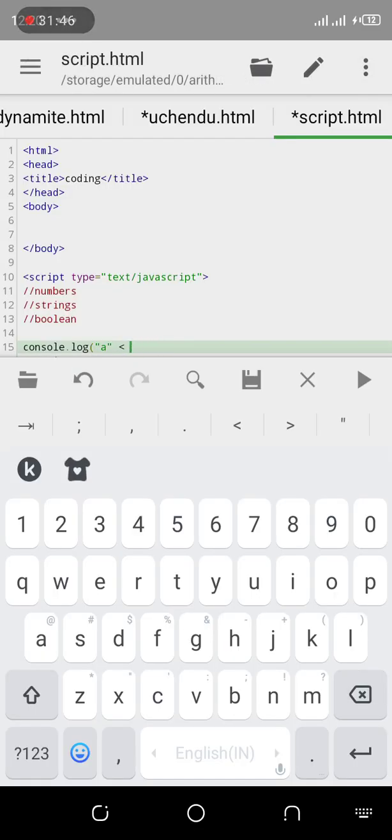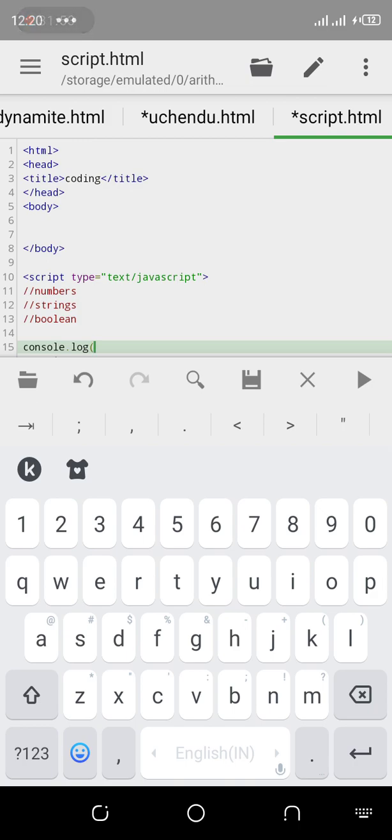True, because b after a is b, so a is less than b, and b is less than c, then c is less than d. So anything that deals with true or false in JavaScript, that thing is talking about Boolean. It's simply talking about Boolean. Also, other Boolean symbols can include